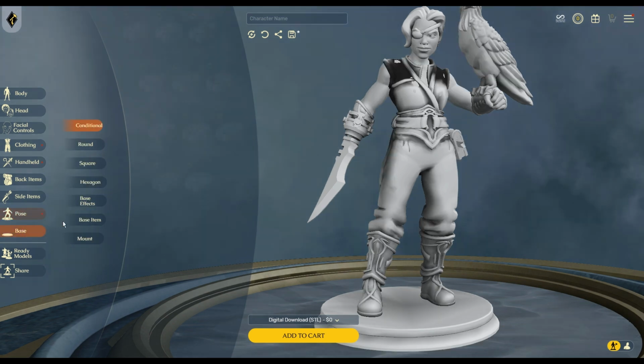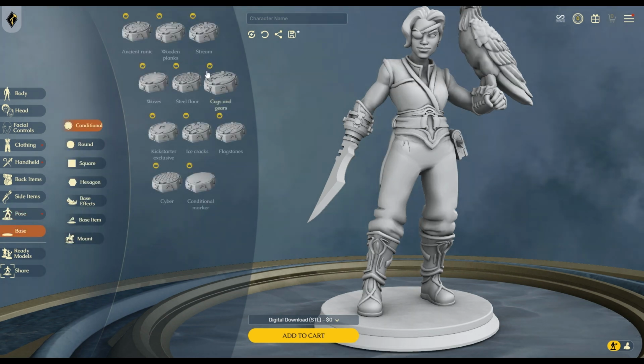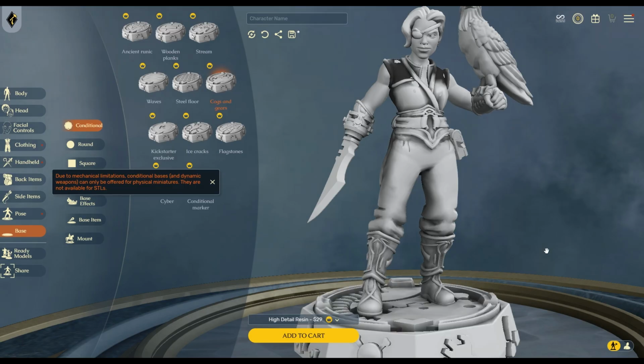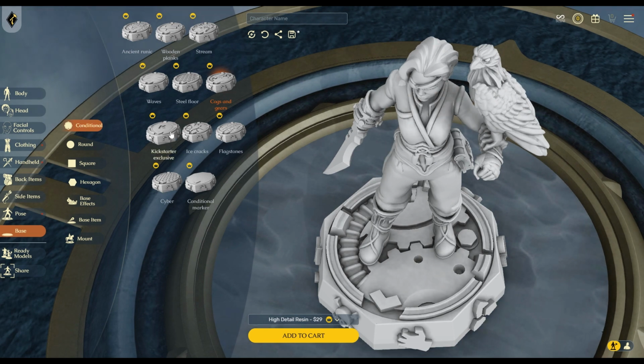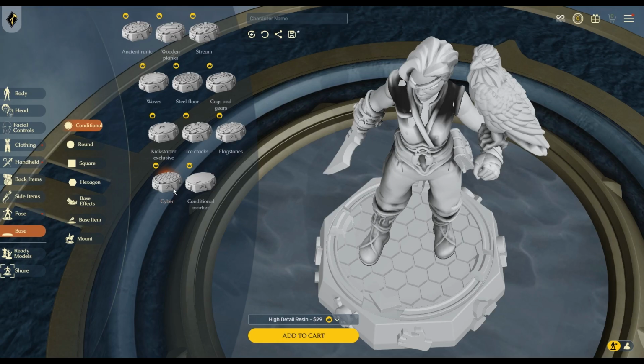All right, we're going to get back to finishing this up, and then I'm going to show you exactly what happens when you try to do an STL file with one of those weird special items. So the base I chose is a conditional one. And all the conditional bases are these special yellow crown icons. I don't know what makes this special,